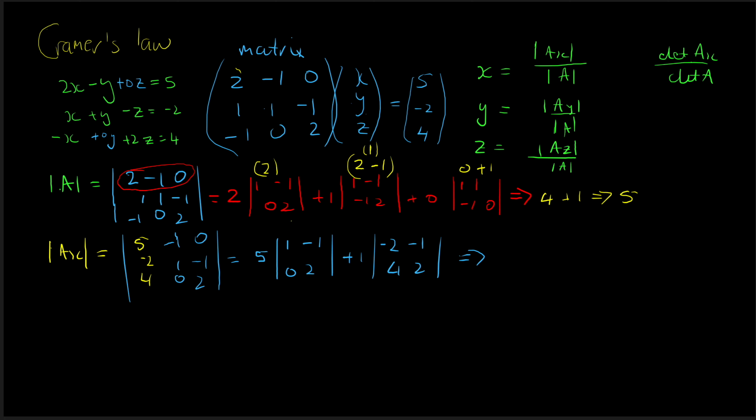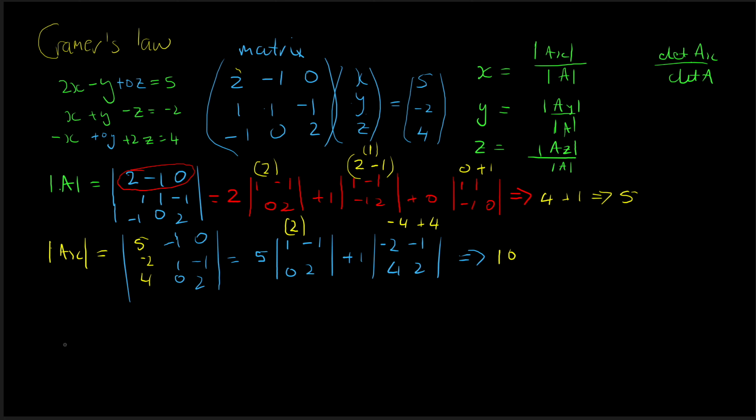1 multiplied by 2 is 2. 0 multiplied by minus 1 is 0, so that's just going to be 2. Minus 2 times 2 is minus 4. Minus 4, which is plus 4. So this is going to be 0. So this 0 times 1 is 0, so 5 times 2 is going to be 10. So now we've got a determinant of